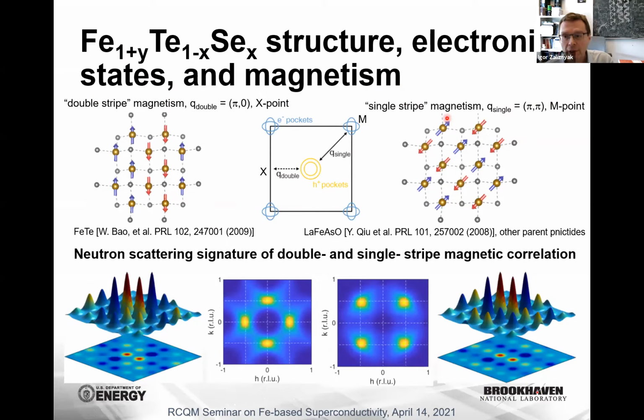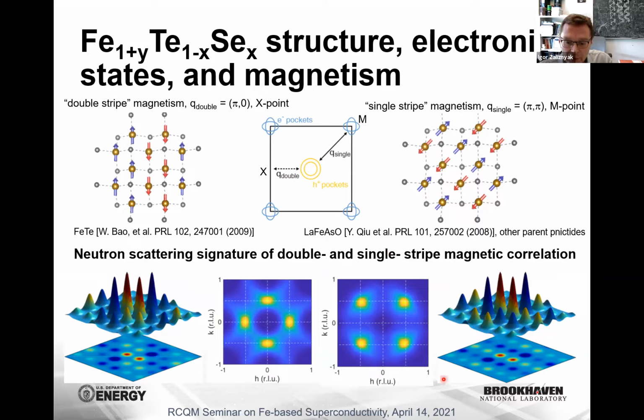Of course, when materials are doped towards superconductivity, the long-range order goes away, and in the doped compositions which are superconducting, the dynamical magnetism persists in the form of dynamical, fluctuating, short-range correlated patterns, which nevertheless preserve the features of the electronic state observed in the parent phase. For example, the short-range version of this single stripe order, whose real space version is illustrated on the bottom right, is